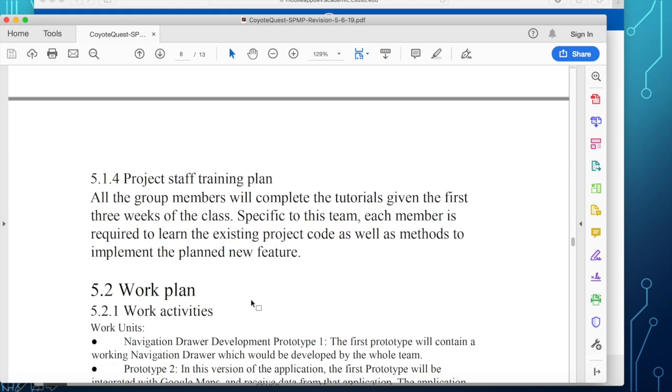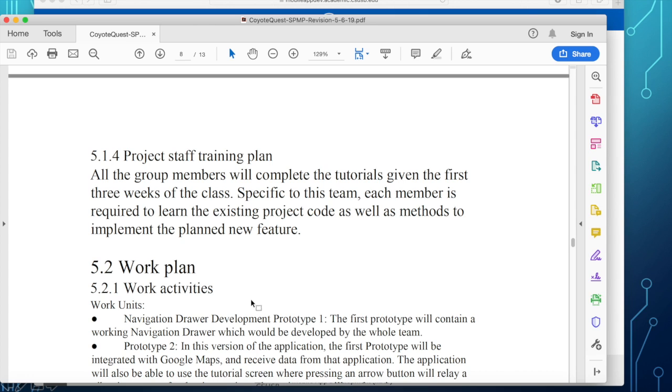All right, the staff training plan. Remember, in here you should mention the 3-week tutorials that we gave you. So describe that training plan that we did. We had a training on Bitbucket, Slack, and many other supporting tools in the first week. Then in the second week, we talked about Android and iOS development.